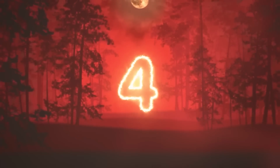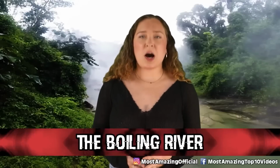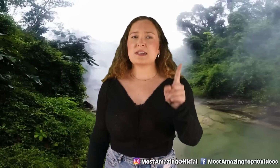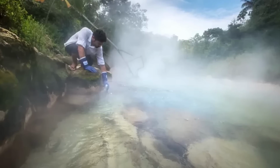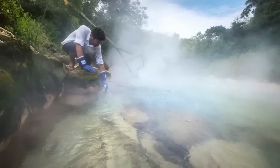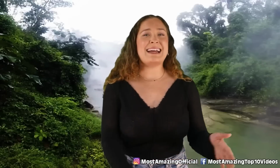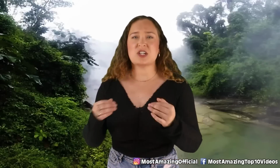In our number 4 spot today, we have the Boiling River. It is pretty common knowledge that the Amazon is home to the longest river in the world, but there is another river found in the Amazon rainforest that is equally as astonishing, but for a different reason. The Boiling River got its name for being exactly that, as it is a river that is near boiling point at all times. The water temperature reaches up to 93 degrees Celsius, which is just shy of the boiling point,